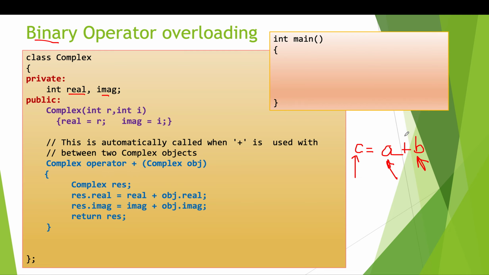A similar thing is going to happen with binary operator overloading as well. But now we are talking in terms of functions. So when we are talking in terms of functions, this A, B and C, or you can say the input and output, are actually the objects. So we can say we need to add object A with object B and store the result in object C. So OA plus OB gives OC. So for binary operator overloading, we will be needing three objects. Two objects will be the input and the third object will be the output.